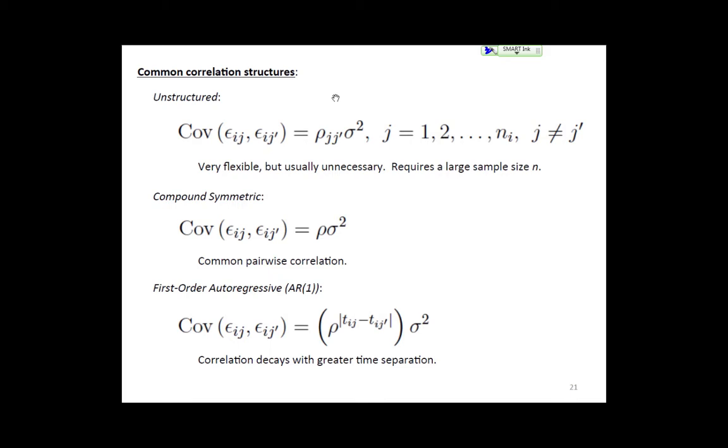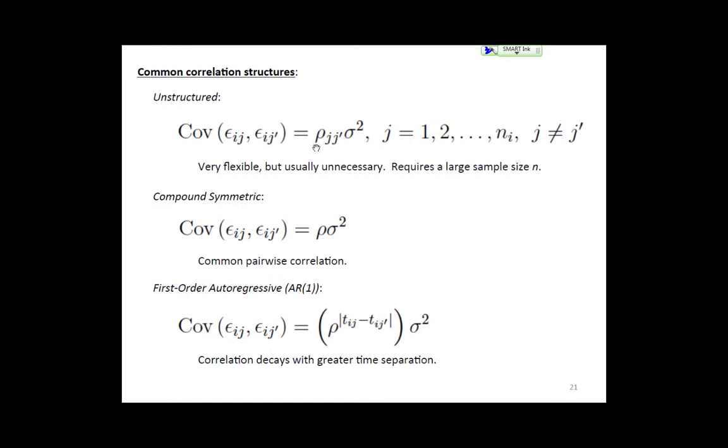So that's a general framework. We need to know where the correlation is, and then we can make a guess on what it looks like. So compound symmetric and unstructured and the autoregressive. The difference is between unstructured and compound. Okay, so the difference here is that every pair of observations, like in the orthodont data set,